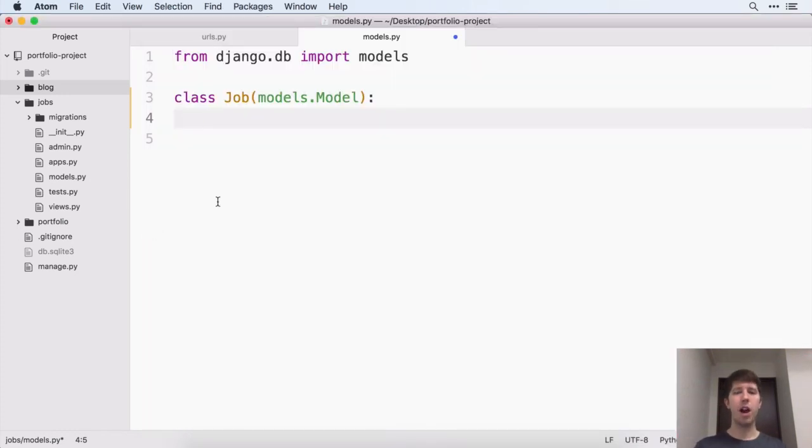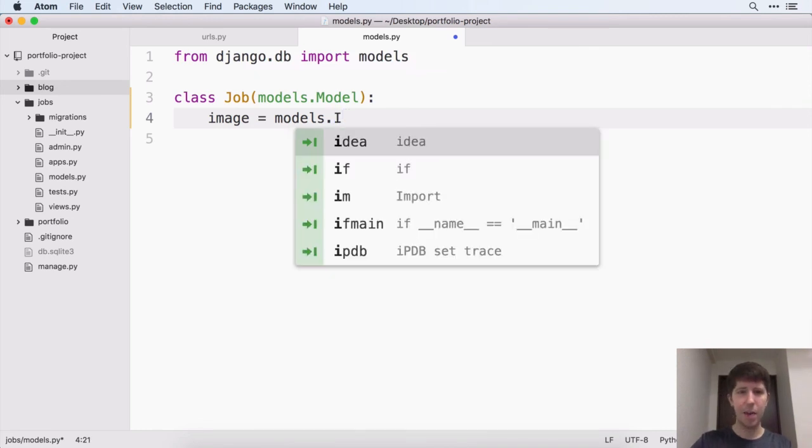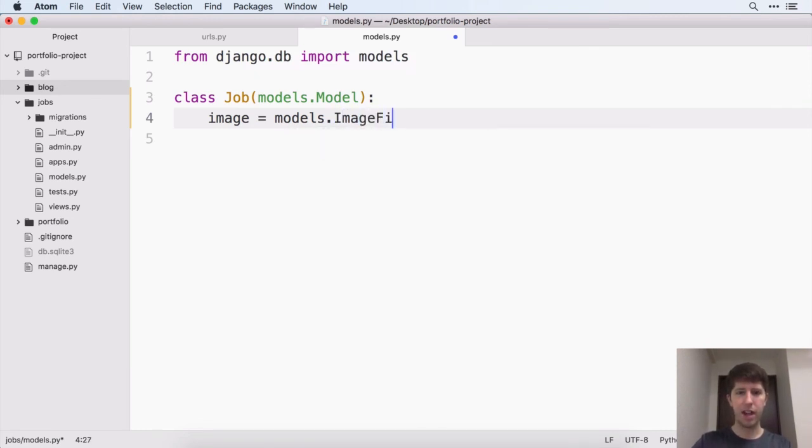So to make a new property, you just simply type the name, like image, just like that, and you have to set it equal to, and this is where things get a little bit tricky here. We've got to say models dot, remember this is code that's imported from Django, models dot capital Image, capital Field, and then inside of there, this is where you can pass in some extra information. But the only one that we want to pass in here is we're going to say